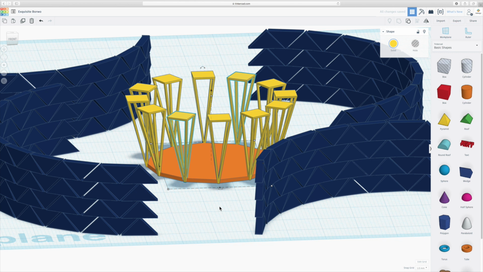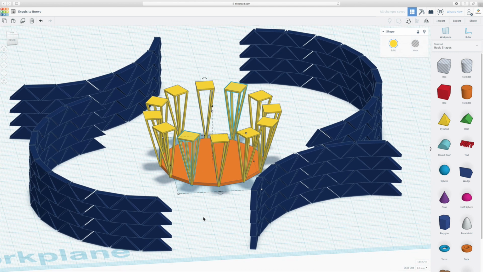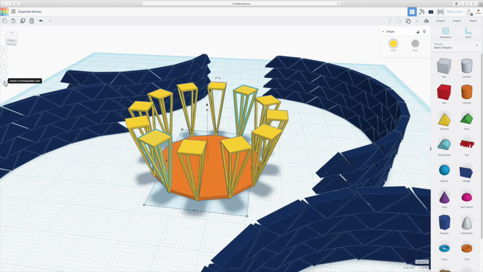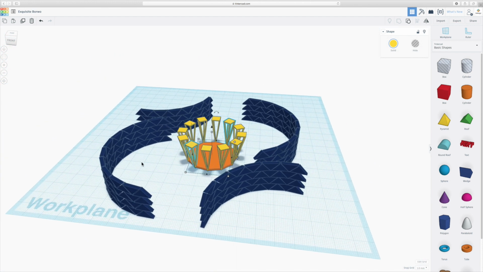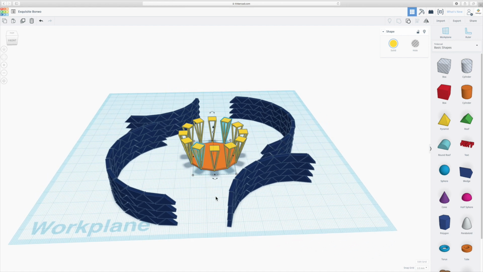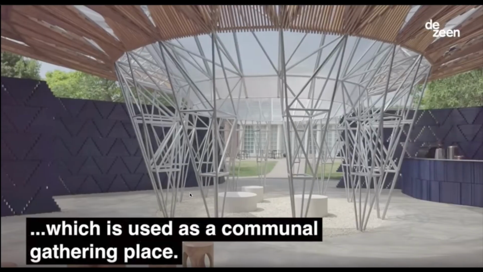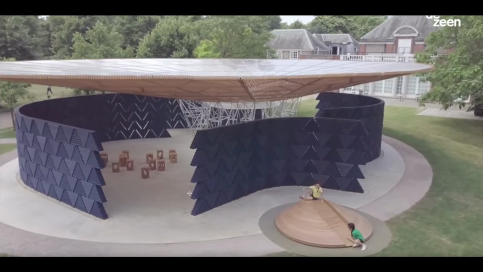So what we have to do, well, the remaining thing is the top roof. So I'm going to switch back to perspective view. It's much nicer. And looking around, we need to understand how to make the roof. Let's have a look at the roof here again. So it's basically an inverted cone with a cut-off top, and then it's also hollowed out. So we need to make a huge cone